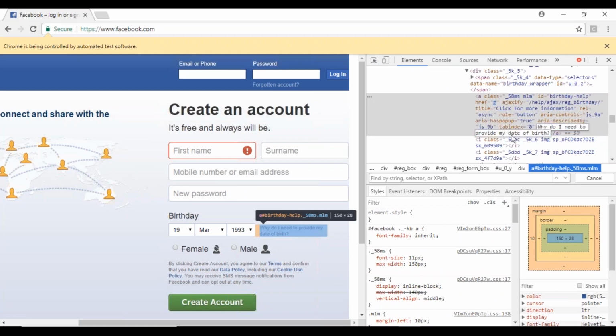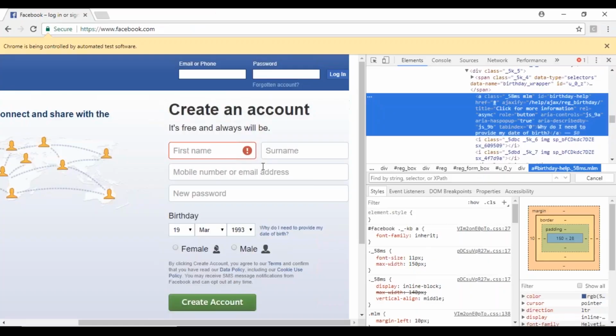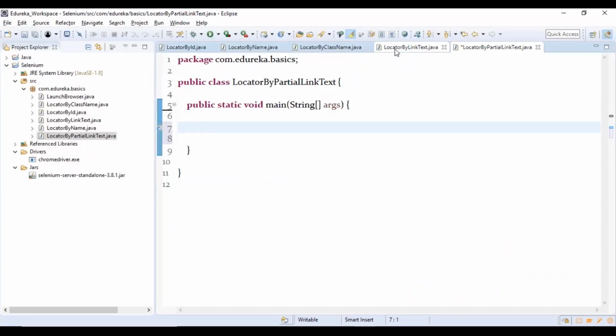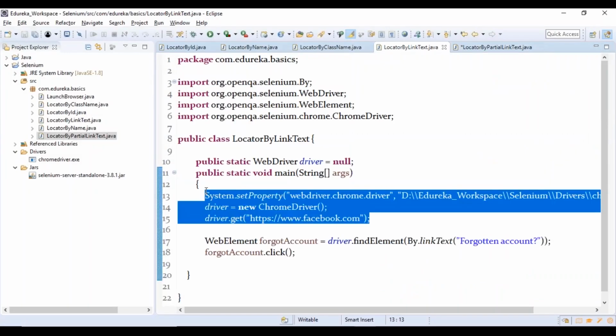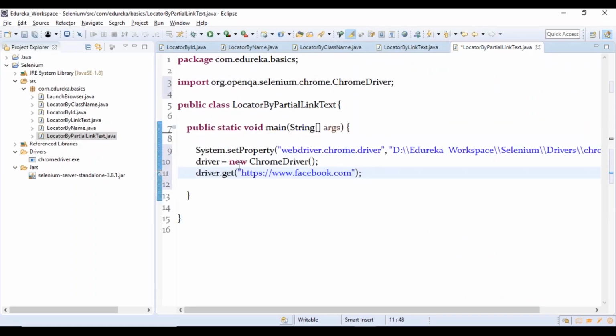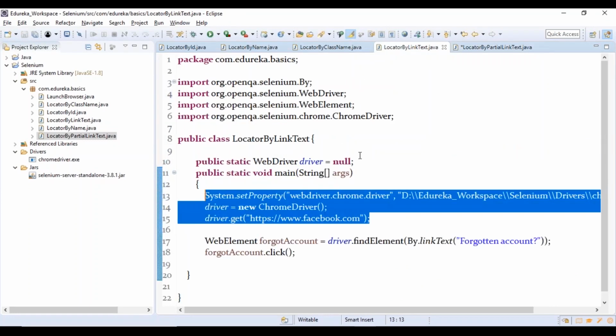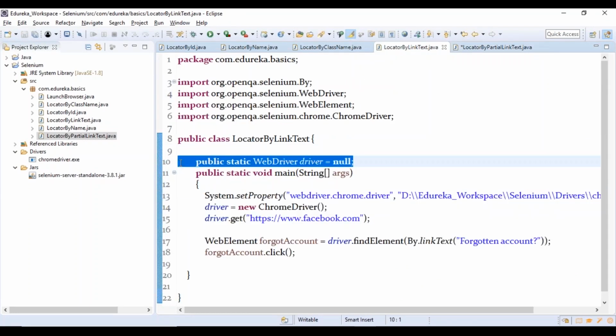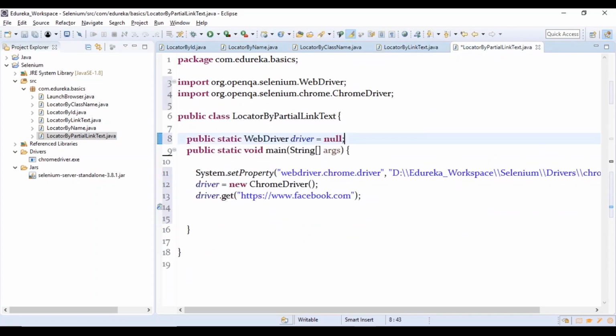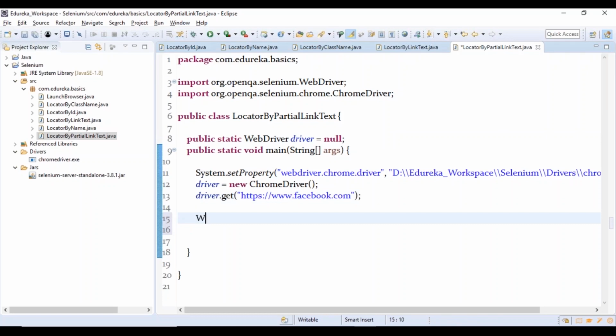Okay, I'm just going to use this date of birth, and then I'm going to work with it. Here I'll have to copy this first, or for the same forgotten account also you can do it. So we'll see how to work with it. Here let me copy this public static WebDriver. All right. So now I'm going to identify that web element, date of birth link